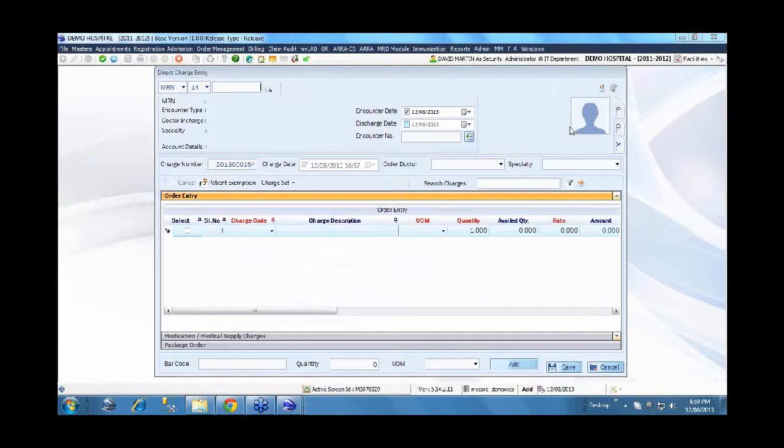All the respective charges for that patient will be picked and then shown. We'll just see that. So we'll open the service order bill screen. Once we open the service order bill, all the charges triggered based on the physician order and pending for billing will be picked and displayed, so the user can select which of the charges to proceed with for the bill.